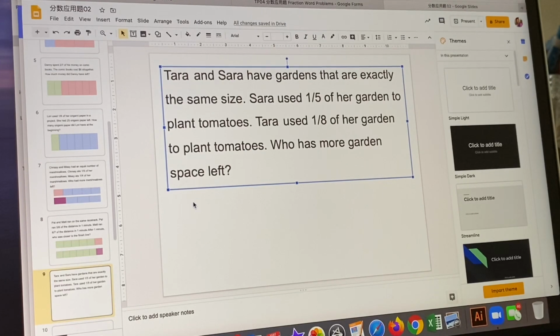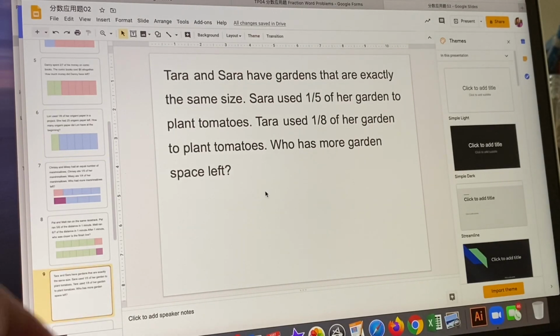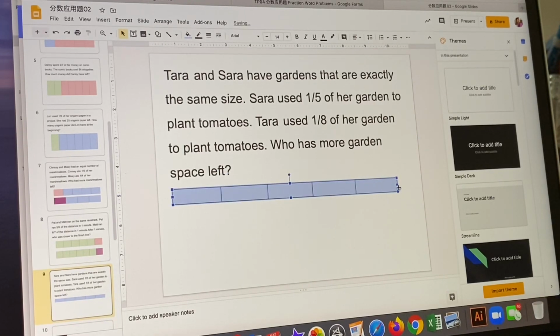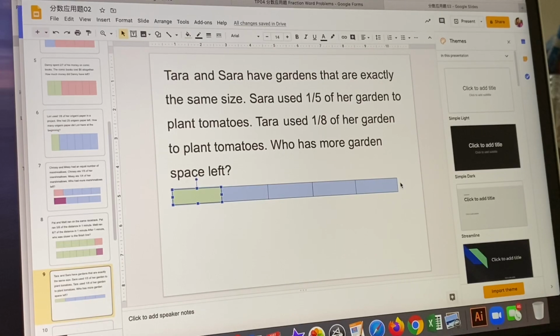So Sarah will be 1/5. So we draw 5 blocks. Five blocks. Put it smaller. Nice and cuddly. 1/5. Sarah. This is planted tomato. Tomato is red, right? And no, we should use green because of the mathematical establishment. Tara used 1/8. So 1/8, which means